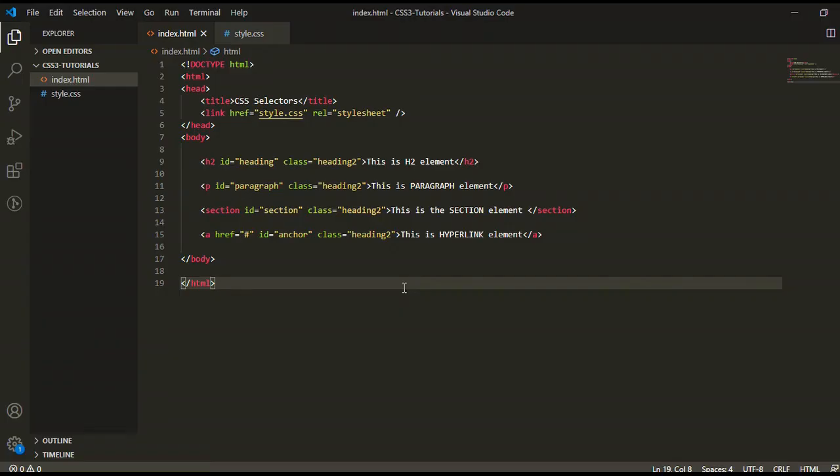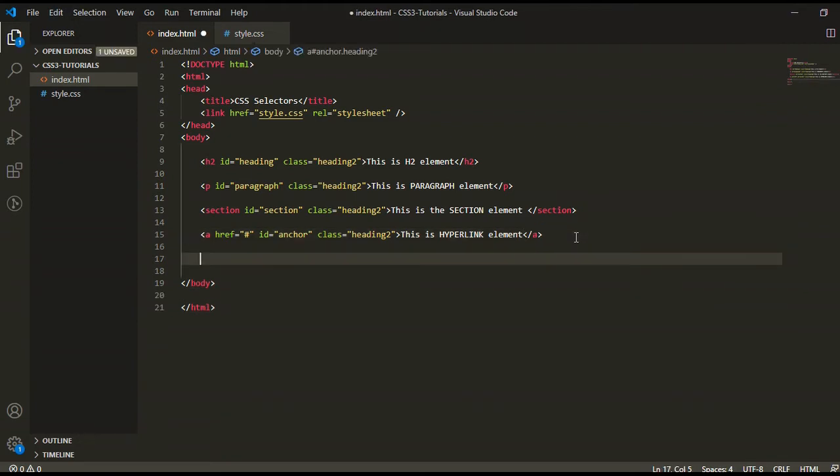Let's come to the HTML code. Here I am using the anchor tag.